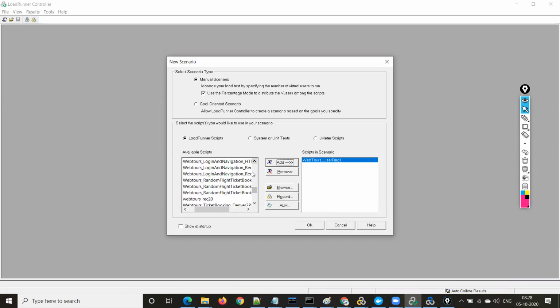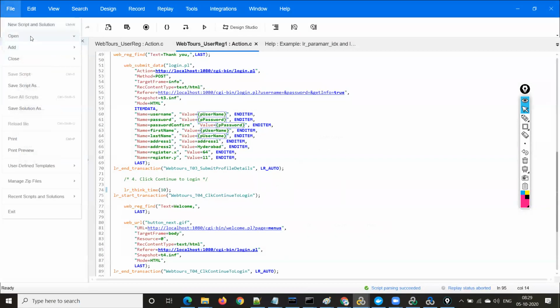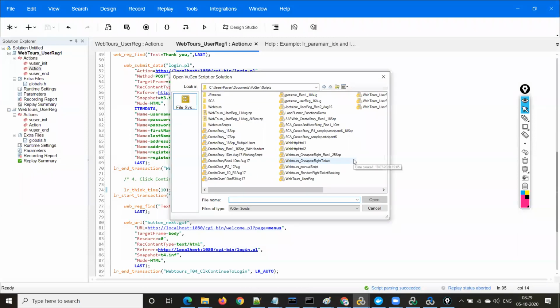random flight reservation. Let's pick one script. Let's open that script once. Random flight ticket booking.